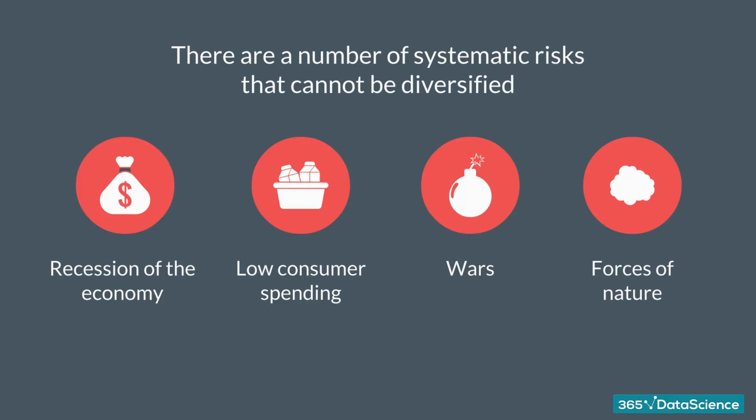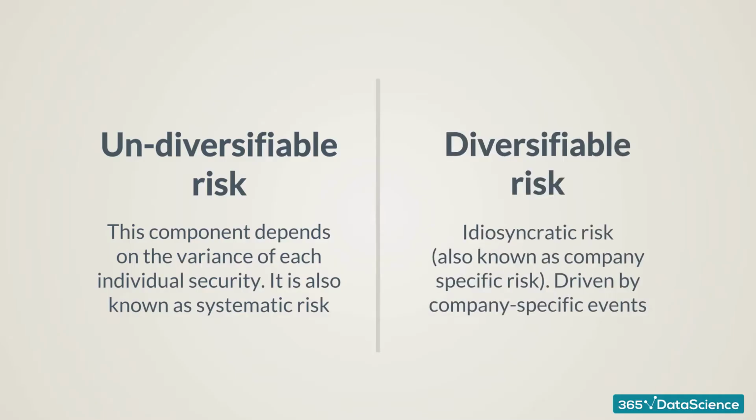Other systematic risks can be unfavorable consumer demand, wars, earthquakes, and all risks capable of affecting all companies in an economy. The uncertainty arising from systematic risk is something we have to accept when investing. Fortunately, a lot can be done about the second component, unsystematic risk, also known as idiosyncratic risk. These are company-specific, even industry-specific, risks that can be smoothed out through diversification.